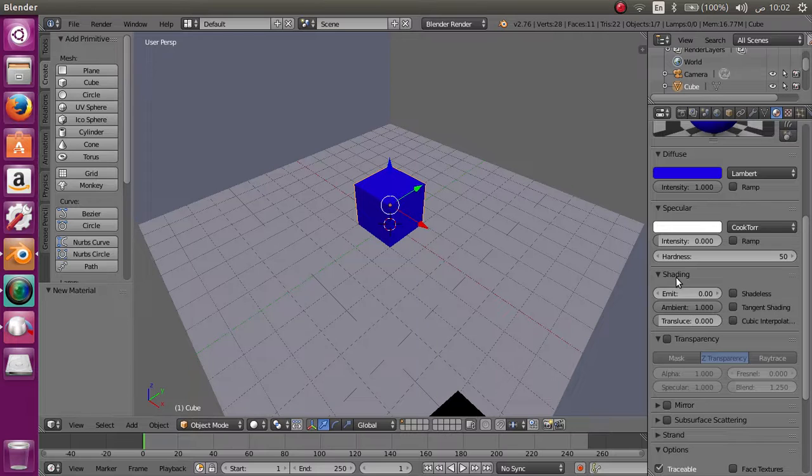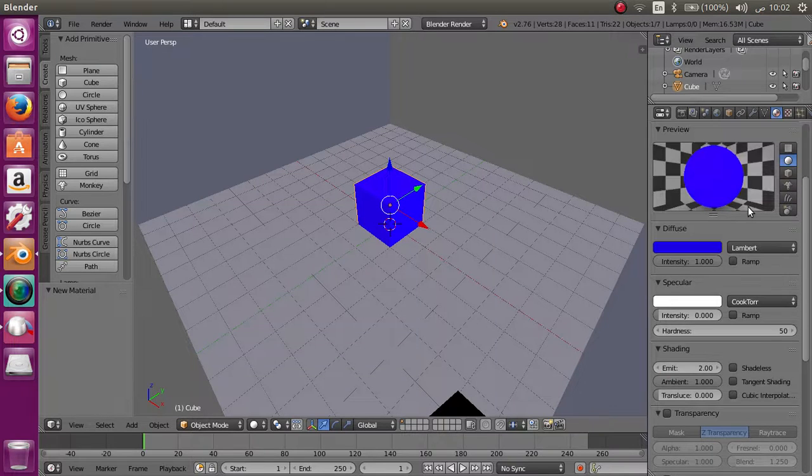Now you see the shading? You see the emit option? This allows us to make the cube emit light. Now we're going to set this to 2, which I recommend. But now I'm going to show you something real quick. You see the color right here? It's blue, right? But if you set this to 20,